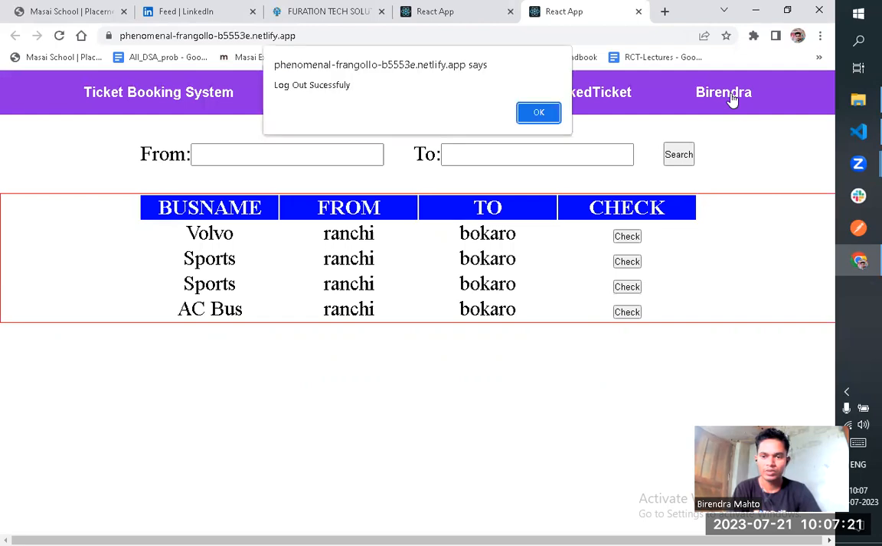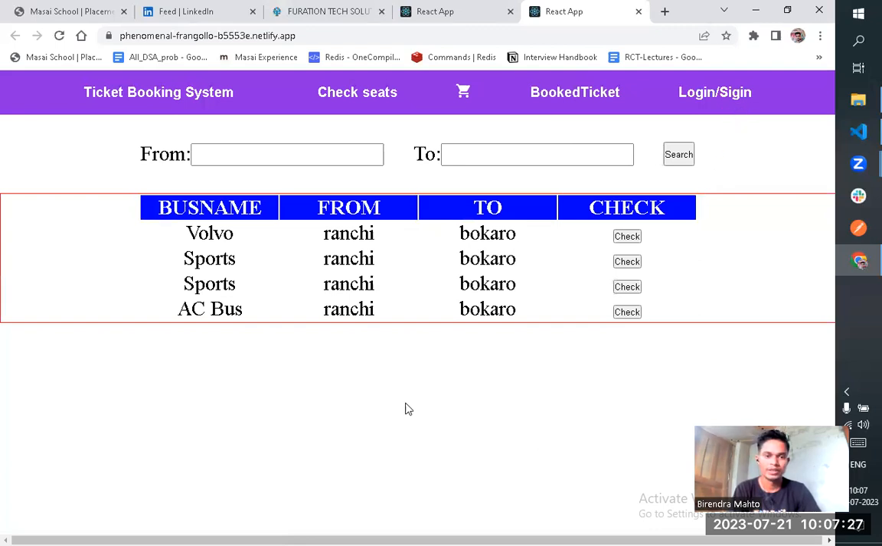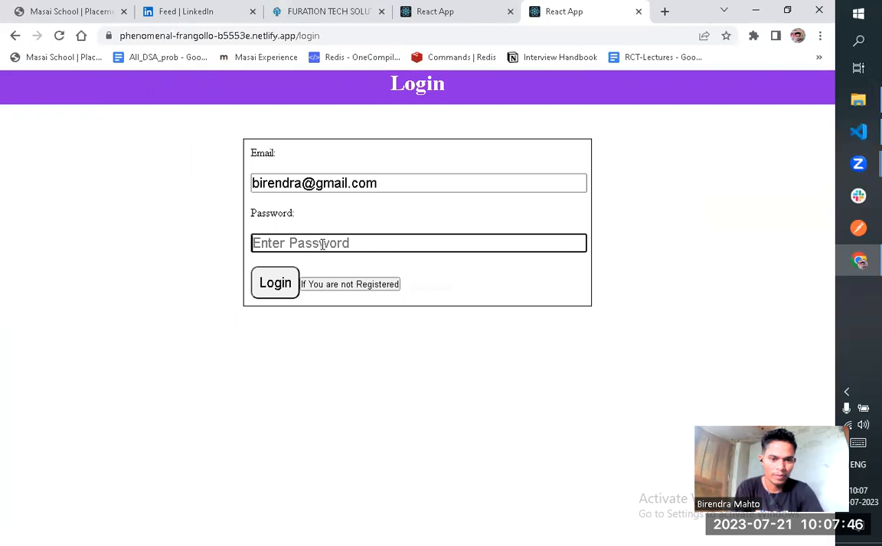If I click this, I will be redirected to the logout, and that means again we need to fill in the details and credentials. So this is the ticket booking, and if I want to show, suppose, email.com. Okay, so here Gmail 1 2 3 4 5 6, and now